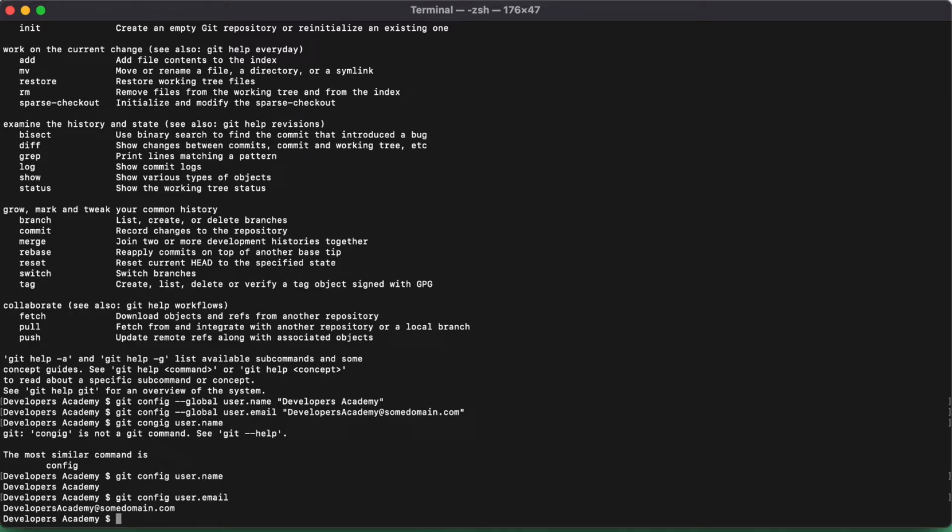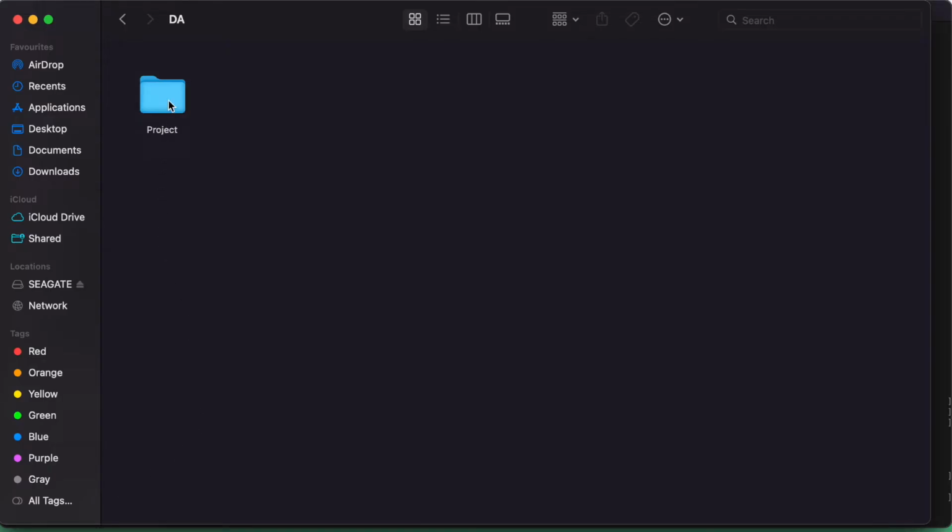Okay guys, so after completing the configuration part, now we will initialize Git in our project and start tracking our project. For the demo purpose, I have created a project here. This is just a folder with two text files in it, and we will initialize Git in here.